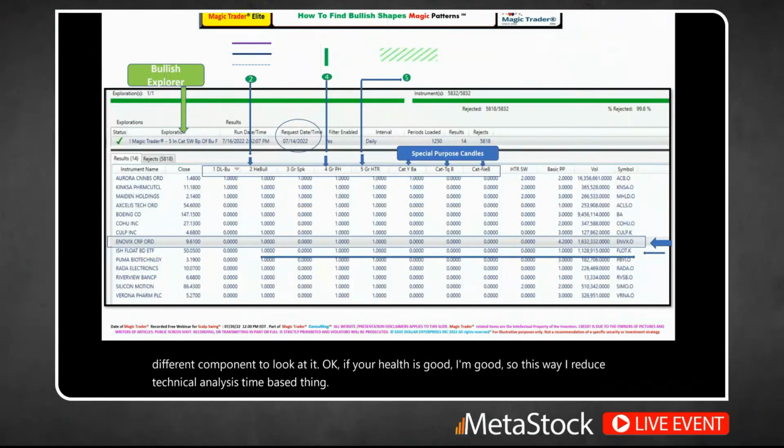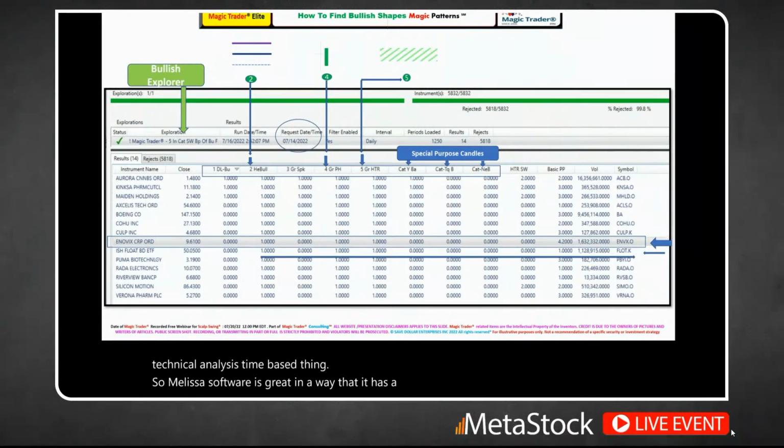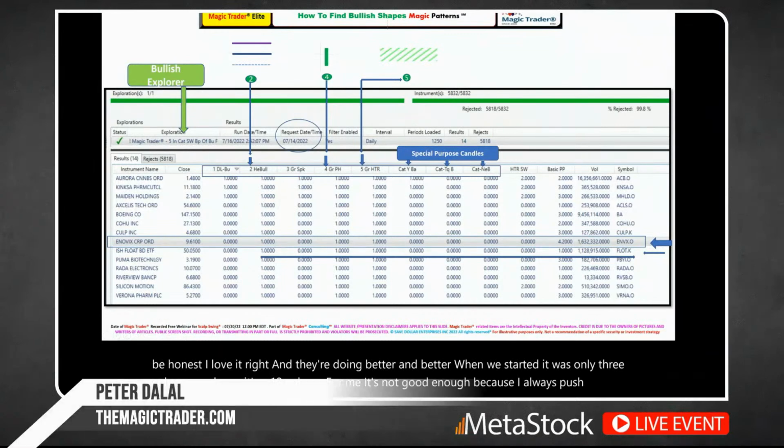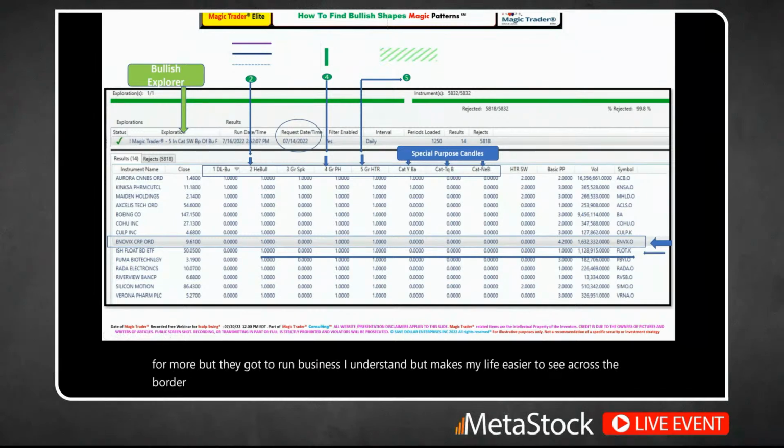So MetaStock software is great in a way that it has a custom touch and it's awesome, right? And I'll be honest with you, I love it, right? And they're doing better and better. When we started, it was only 3 columns, and now it's 12 columns. For me, it's not good enough because I always push them for more. They got to run business, I understand, but it makes my life easier to see everything across the board on a chart. So let's see all these shapes, how it is in your